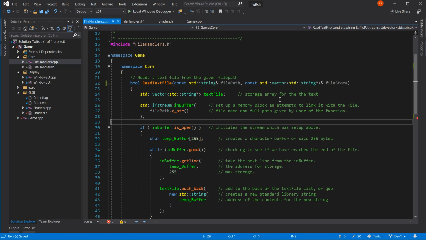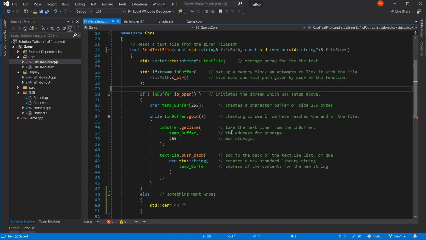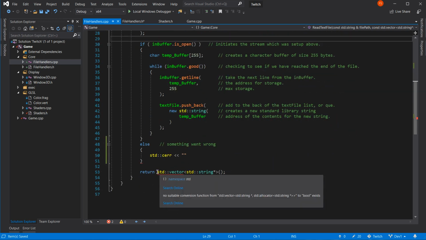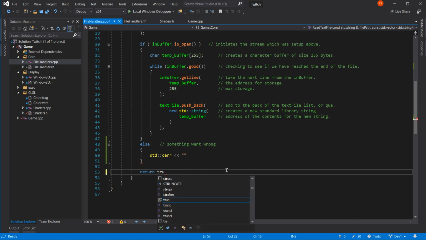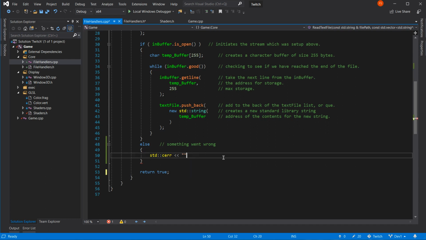Will that work? The answer is, of course it'll work. That's not the point. The point is I've just opened up a bool. Which means that is then return true. And this is return false. Good. Right. I'm getting a bit happier with this now. Sorry. I just got to a point there where I was going to make the same mistake that I did last time. And I don't really want to make it.